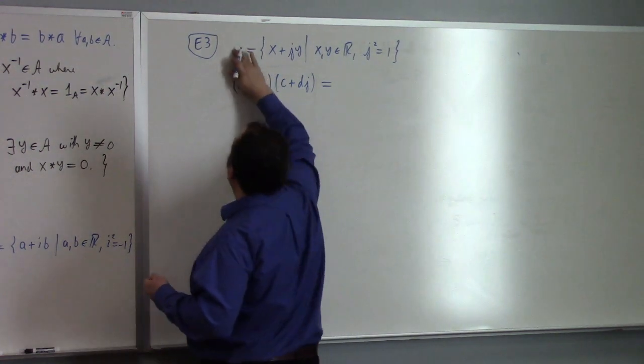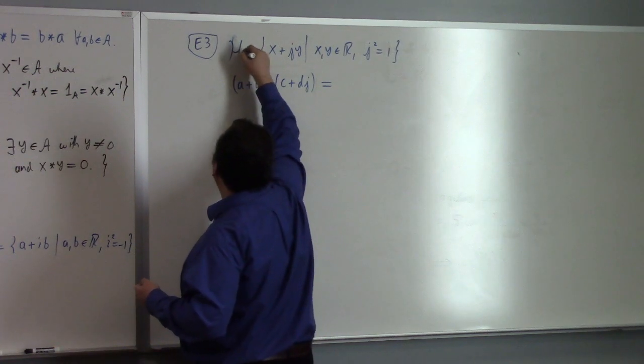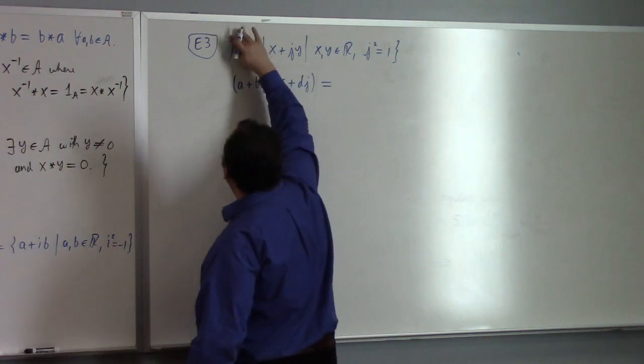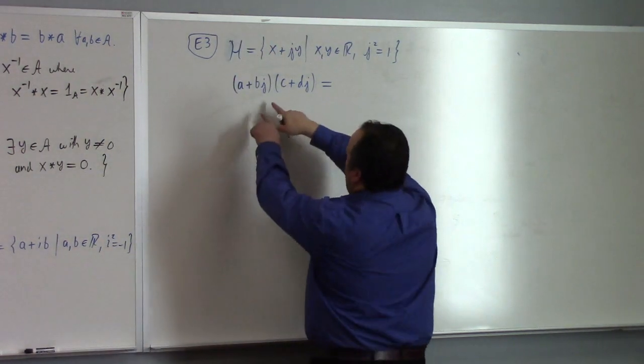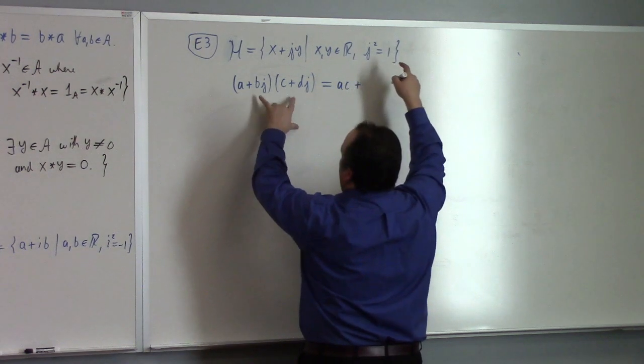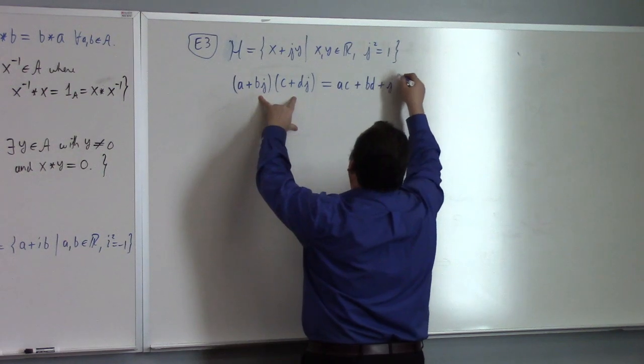I was trying to draw a funny looking h, a little script capital H, yeah, for hyperbolic numbers. So the way this multiplies, we get AC, j squared is 1, so I get BD times j squared, which is 1, and then j times